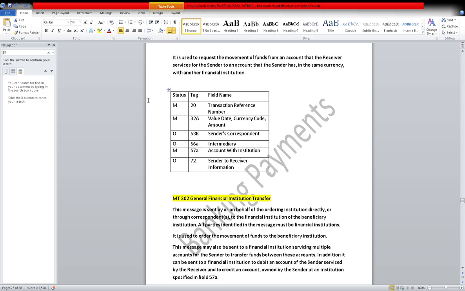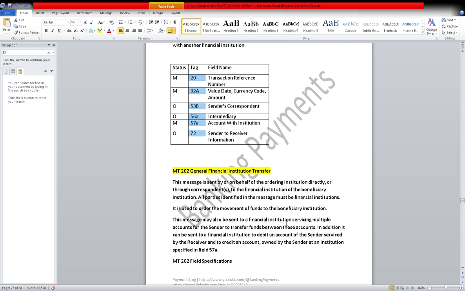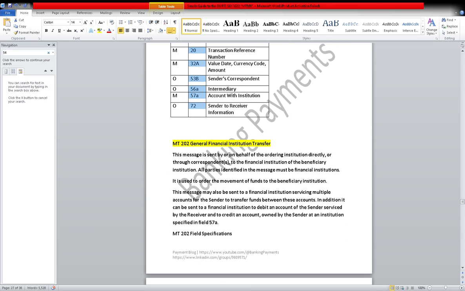I don't want to go into detail again on what exactly is mentioned here, but this is the usage rule which is also mentioned. And just now we have discussed the field specification. These are the field specifications 32A, 33B. What is the significance of that? And just now we saw one example here of MT200. So this is the MT200, an account to account transfer with a different bank for the same person.